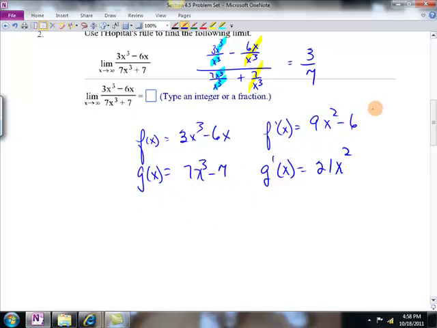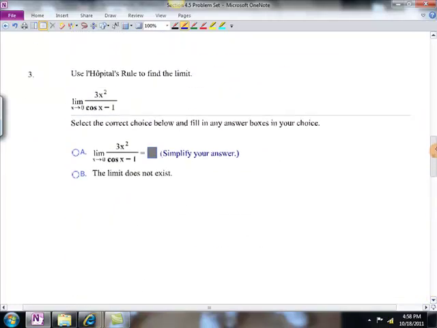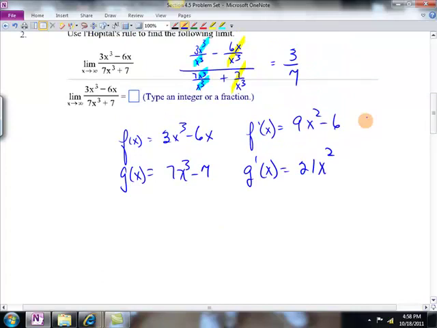All right, let's take the derivative of that. So f double prime would be 18x, and g double prime would be 42x,